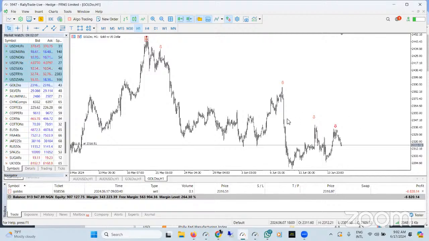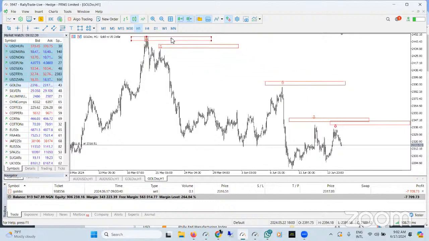Which means that since I'm on a sell trade, if this price turns against me, the first place it will get to, and where it will have an issue climbing above, will be this level. Let me paint this level for you. That's the first area. The second area it will also have issue with is this area. The third area it will have issue is this area. And the fourth one is going to be maybe this area.